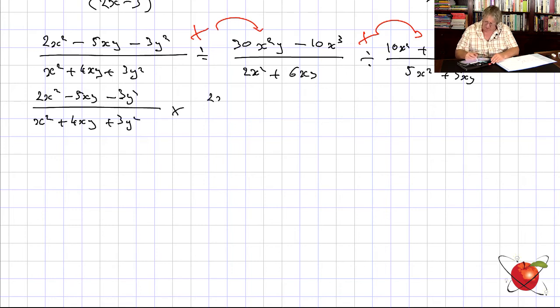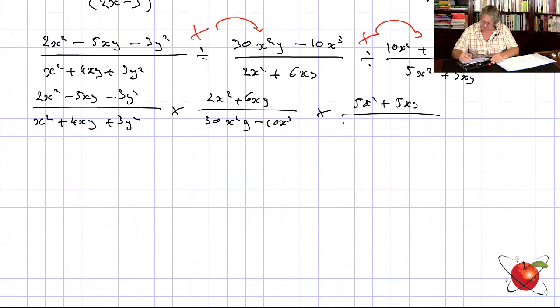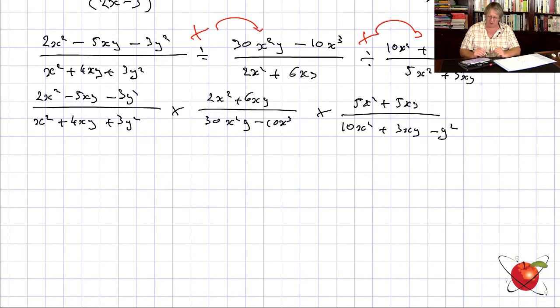Times 2x squared plus 6xy over 30x squared y minus 10x cubed times 5x squared plus 5xy over 10x squared plus 3xy minus y squared. Okay, step 1 is done. Step 2 is factorize. Okay, now once again, you're going to go to the side and factorize the top left